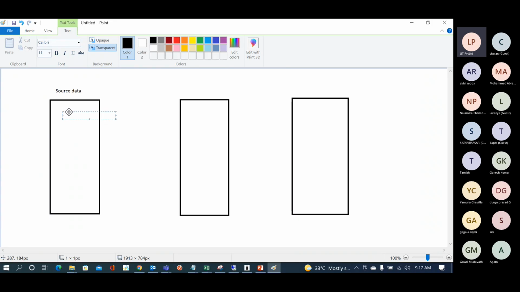Let's take an example of DMart. DMart counters are going to enter all the transactions into their system using